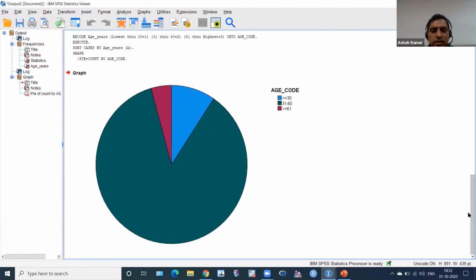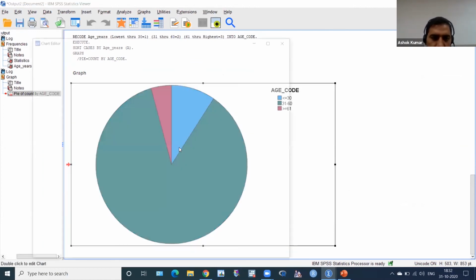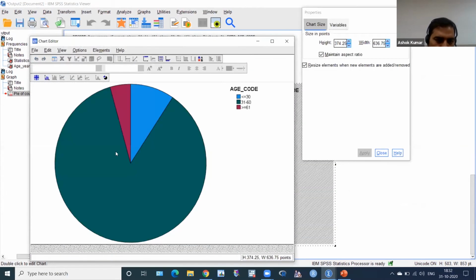You can see here. It is not looking beautiful in SPSS. So please make the pie chart in an Excel sheet. Then double click if you want to change something. Then if you want to show numbers, you have to click this icon, the target. Click here, double click.